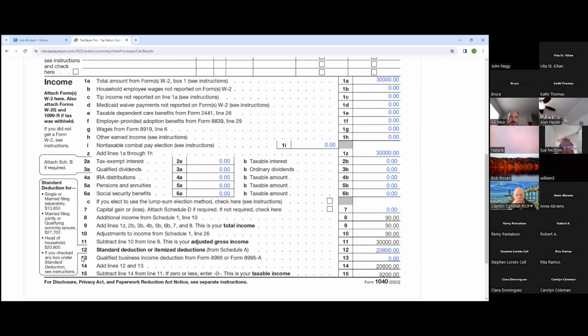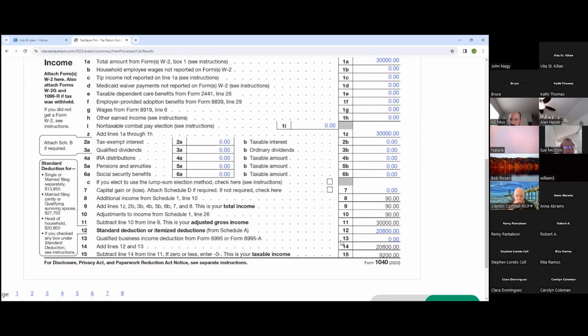So I asked her a few questions. She goes, "I can't see at all." I said, "I understand that." I said, "Okay, then what happens is we're going to indicate that in the software. You get an additional amount on your standard deduction." Okay, so we have that. We have the standard deduction, and then here we have the taxable income.